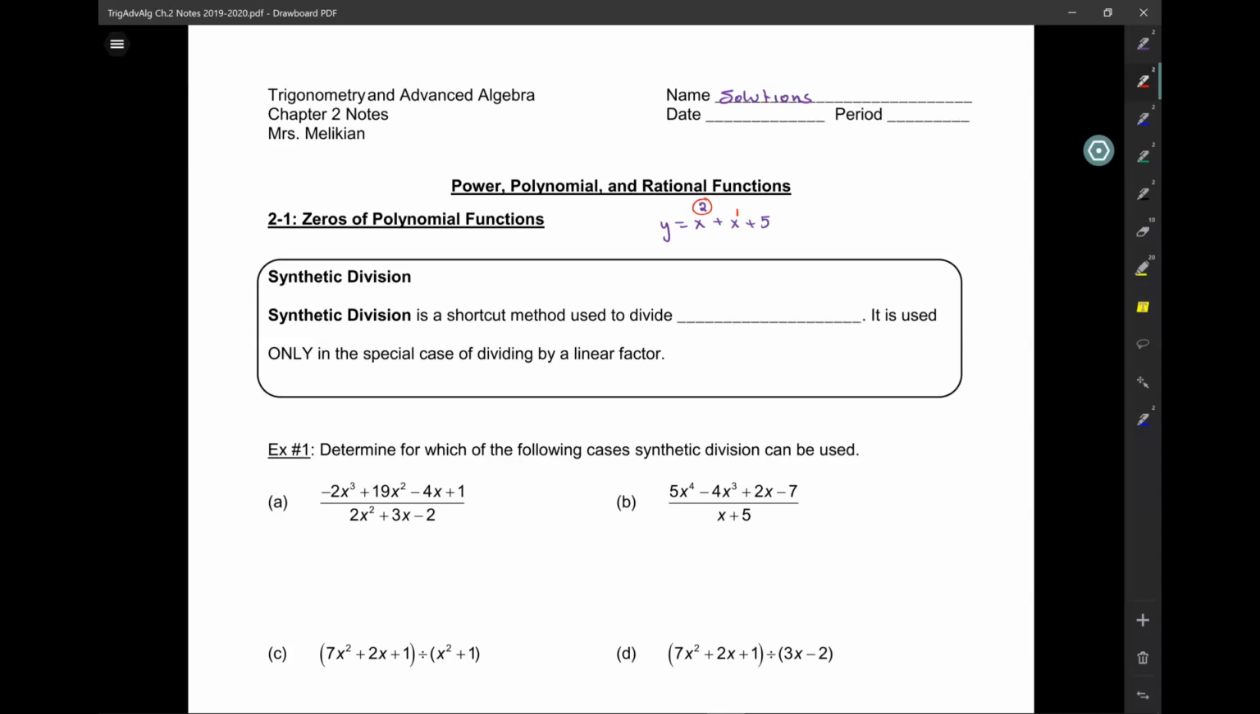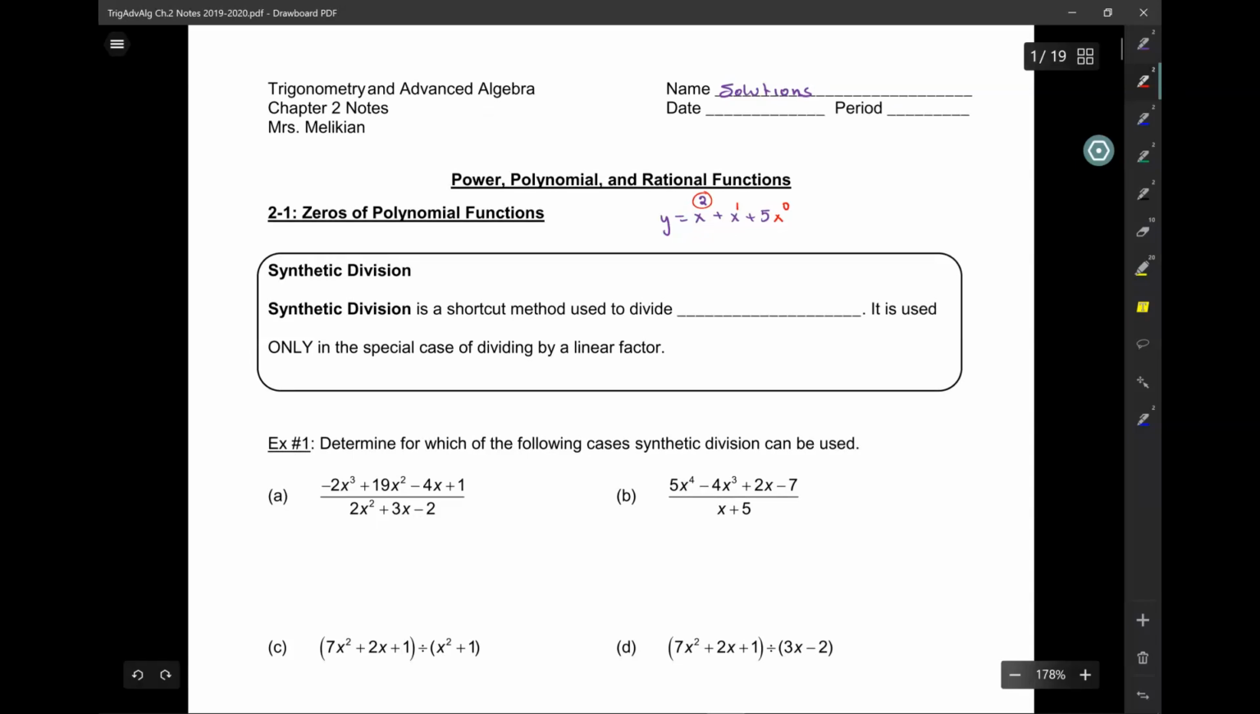Well, before, that used to be x to the power of 0. Well, what's anything to the power of 0? It's 1. So x to the power of 0 is 1, and I can just get away with writing it as 5, right? So another example of a polynomial is y equals x to the 7 minus 5x to the